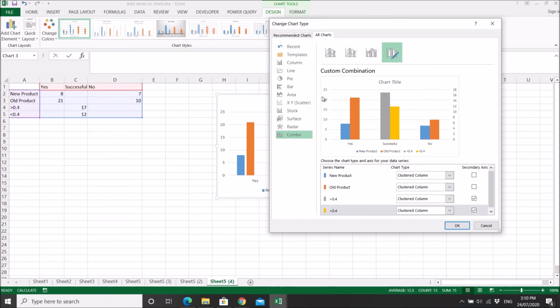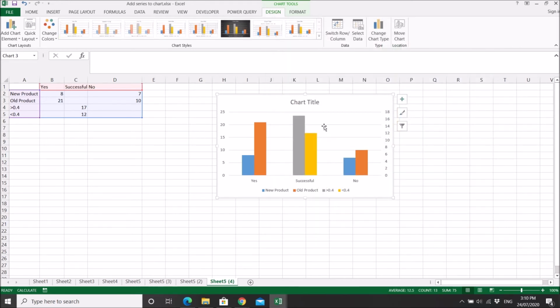But now you have two axes with two different values, right? So the hack for this is you click on the secondary value, then you delete it,